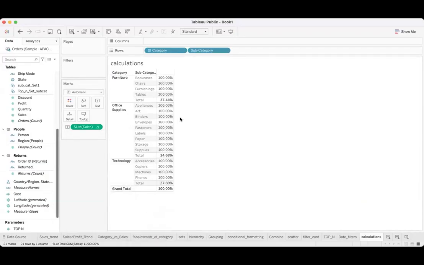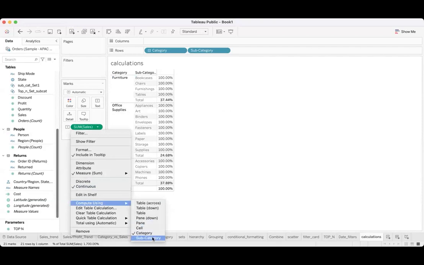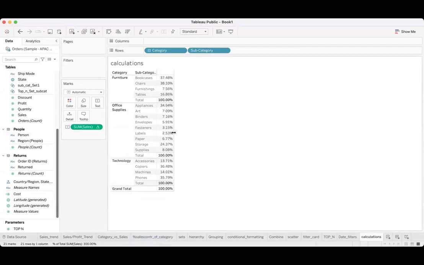When I move it to category, for every category it will show 100%, 100%, 100%, right? Because it is saying, for every category, how much it is contributing to the sales. So I'll change it and put it to subcategory. Now, can you see that it has calculated, for every category, the amount of sales that every subcategory is contributing? Like in furniture, how much have bookcases contributed to the total sales that furniture has made? That's the level of calculation that